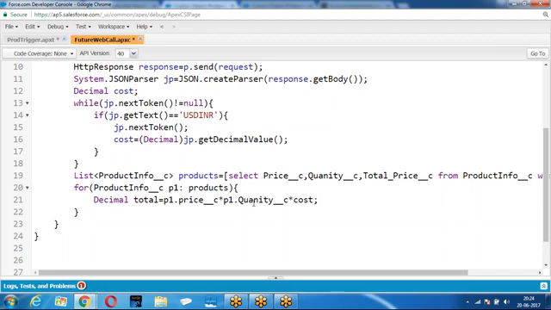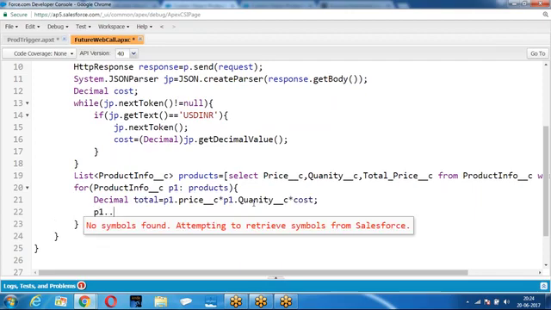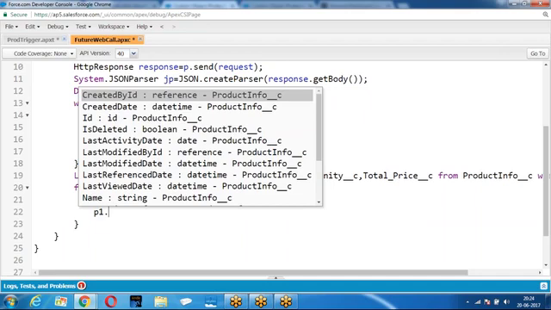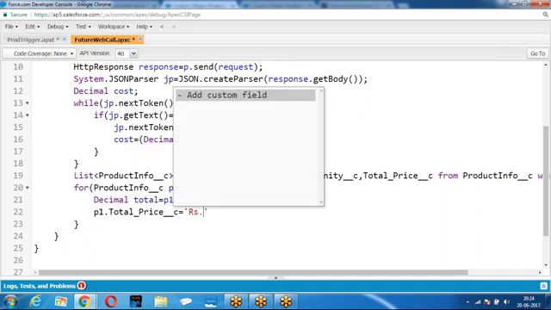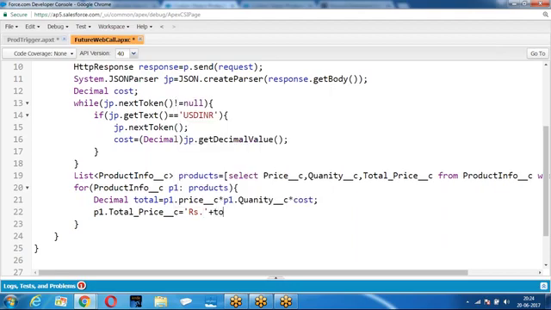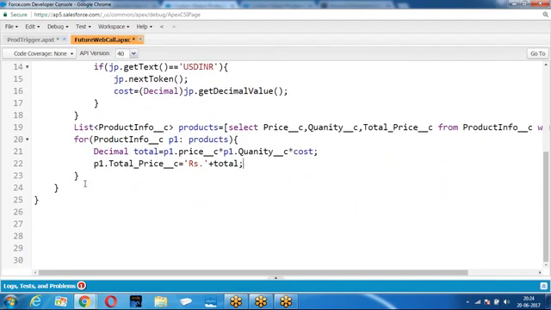The cost is 1 rupee. Okay, $1 equals how many rupees? The price is in dollars. So $1 into number of rupees. Then I'm going to update it. D1 dot total price equal to rupees. Then update.